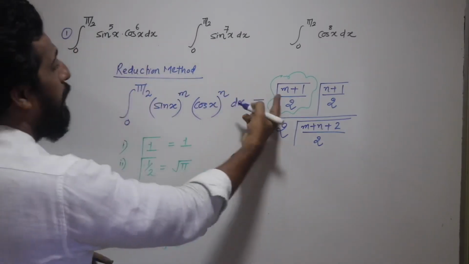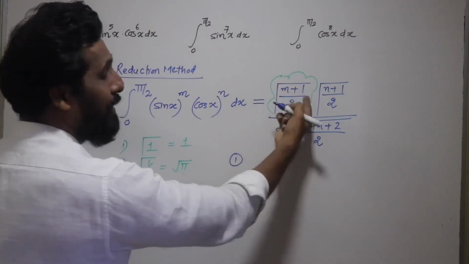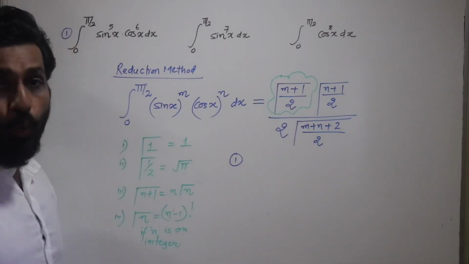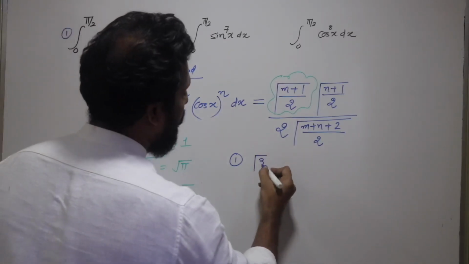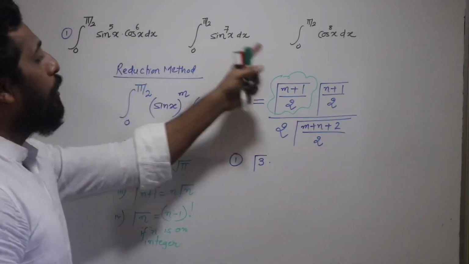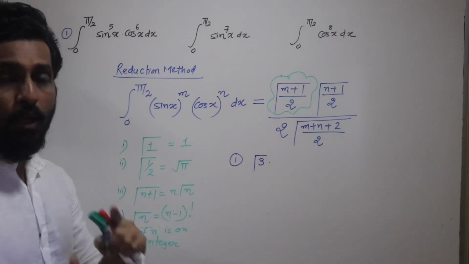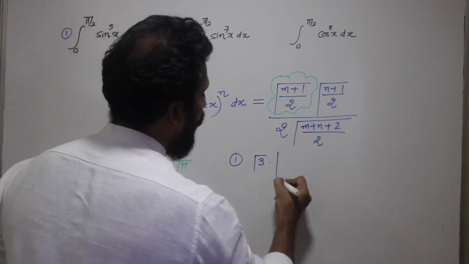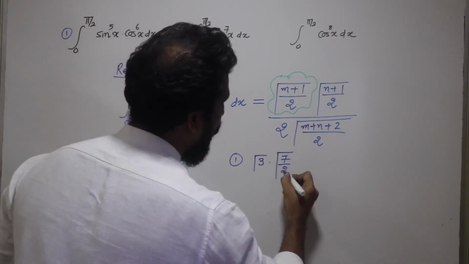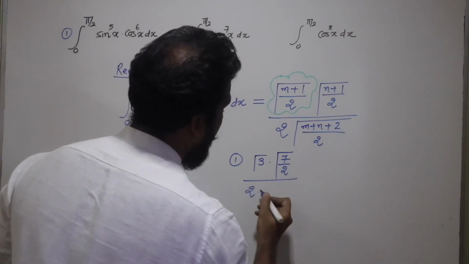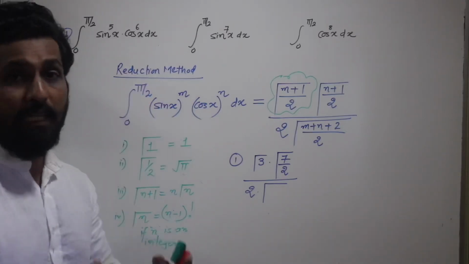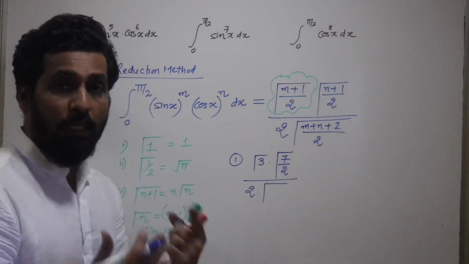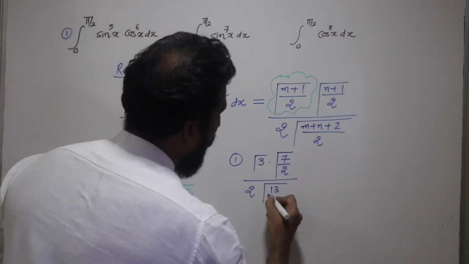So for the first one, let's try and understand what the answer comes to. I can write here m is going to be 5. So 5 plus 1, that's 6, 6 upon 2, 6 upon 2 becomes 3. So I'm going to get gamma 3 multiplied with, then you put n as 6. So that's 6 plus 1, which is 7, so you get 7 upon 2. So write gamma 7 upon 2 whole divided by 2 times gamma of m plus n plus 2. So that's 5 plus 6, which becomes 11, 11 plus 2, that becomes 13. So I write 13 upon 2.